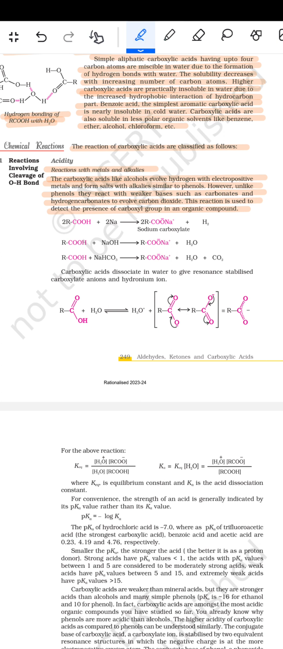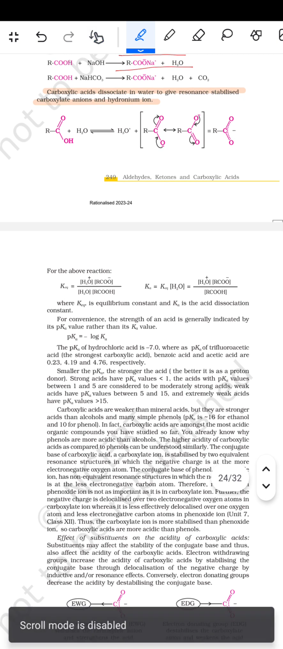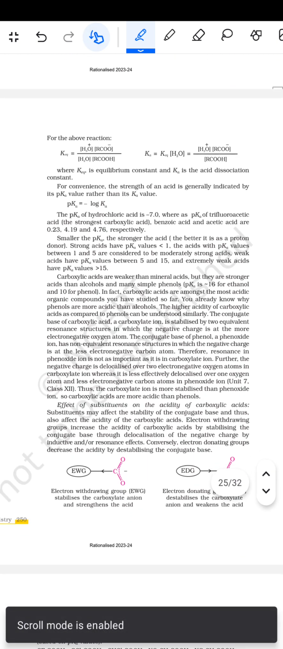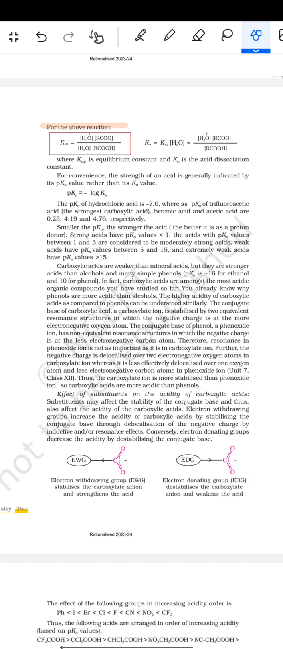जैसे R-COOH है तो सोडियम कार्बोक्सिलेट बन गया, फिर इसमें R-COO⁻ बन गया, और फिर उसके बाद आता है कि कार्बोक्सिलिक एसिड डिसोसिएट्स इन द वाटर टू गिव द रिज़ोनेंस स्टेबलाइज्ड कार्बोक्सिलेट एनायन एंड द हाइड्रोनियम आयन। इसमें रिज़ोनेंस चल रहा है। फिर आएगा फ्रॉम द एबव रिएक्शन K प्लस H3O प्लस R-COO⁻ H2O R-COO⁻ बन गया।